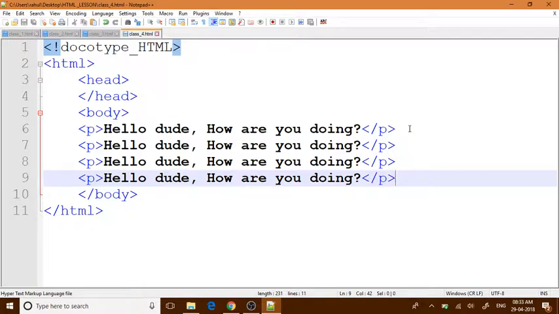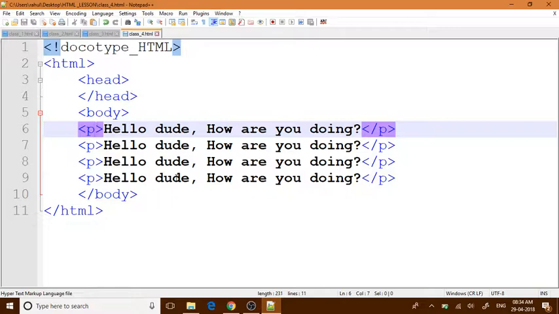Okay, now I am going to start with the background color. So let me show you how we can change the background color, the color of text, the font size, the font family, etc. So we have a method called style. Whatever tag you have, you can use the style in that tag. The style comes from CSS. We will discuss CSS later, but this time I want to show you how we can use this style